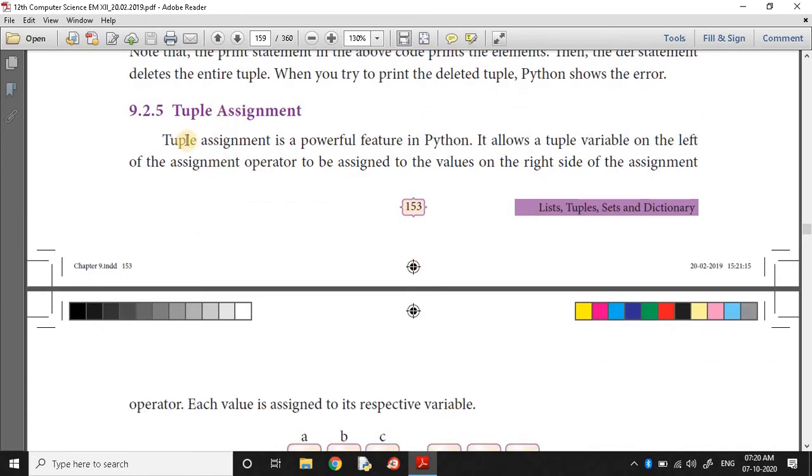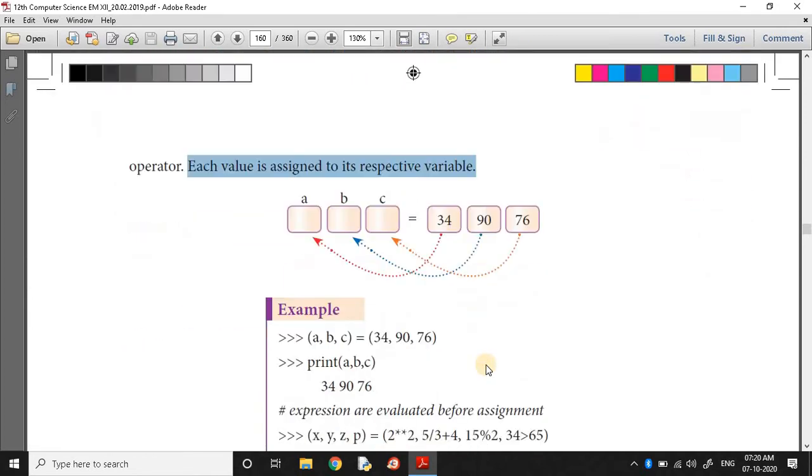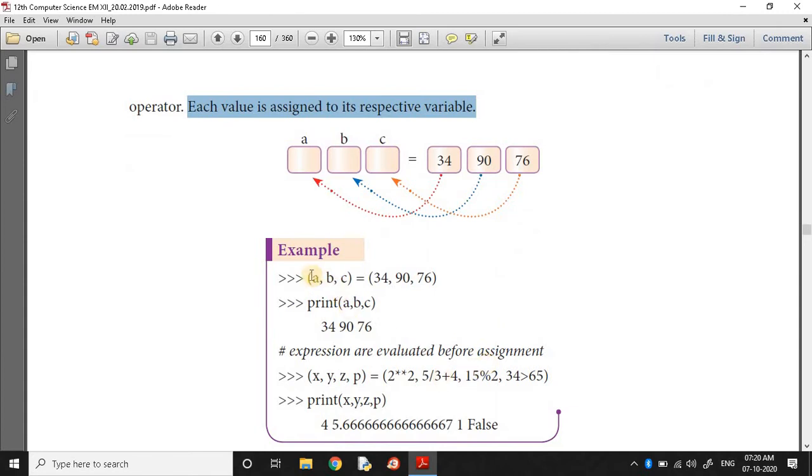Then tuple assignment. Tuple assignment is a powerful feature in Python. It allows a tuple of variables on the left of the assignment operator to be assigned the values on the right side of the assignment operator. Each value is assigned to its respective variable. So we can create tuples.